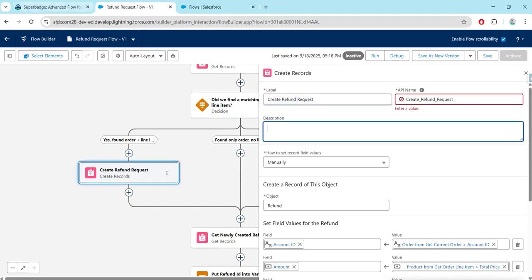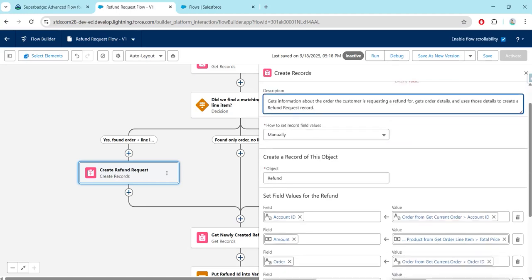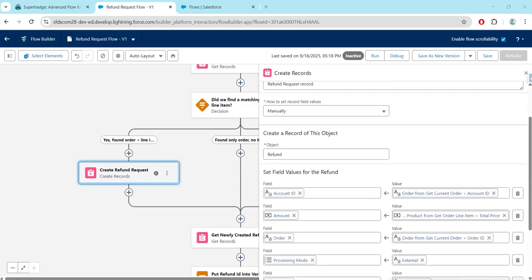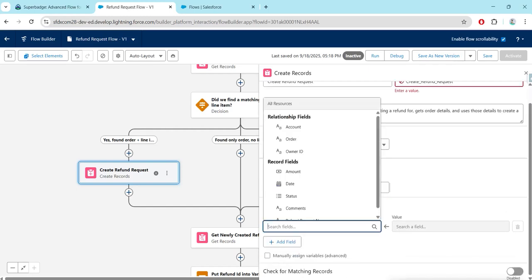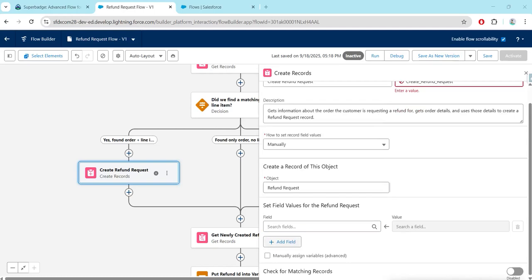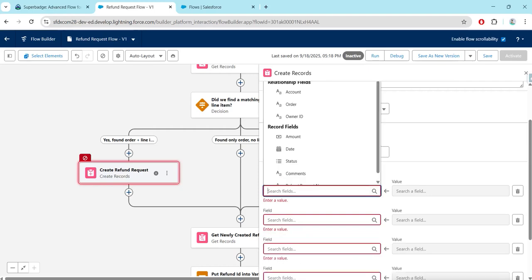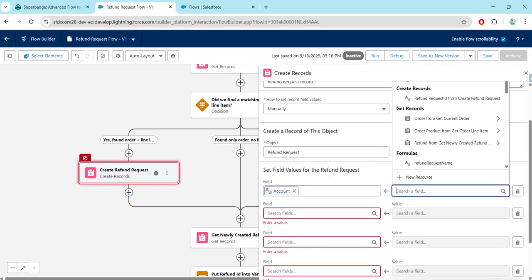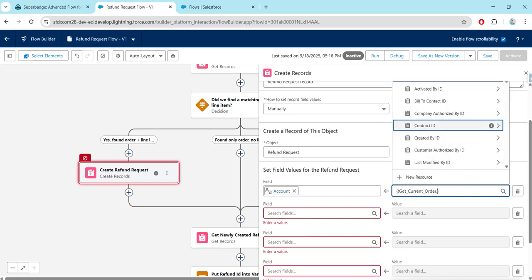Let's copy our description and paste it over there. If you scroll down, for object just select refund request, and now let's set the fields. So just click 4 times and let's set our first field as account, and for value choose get current order, so order from get current order followed by account ID,